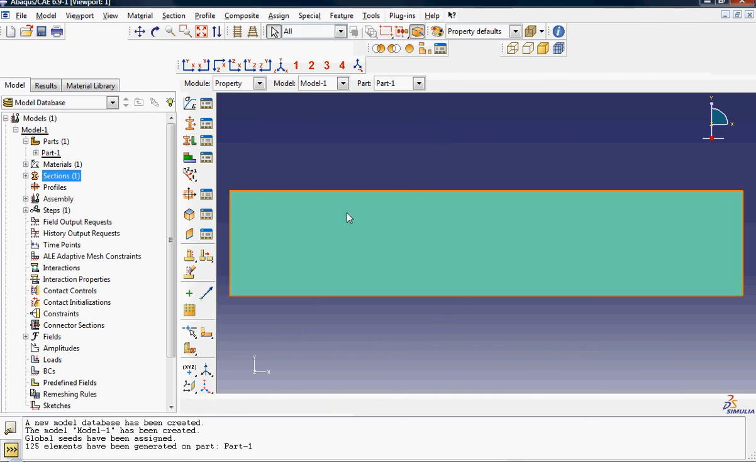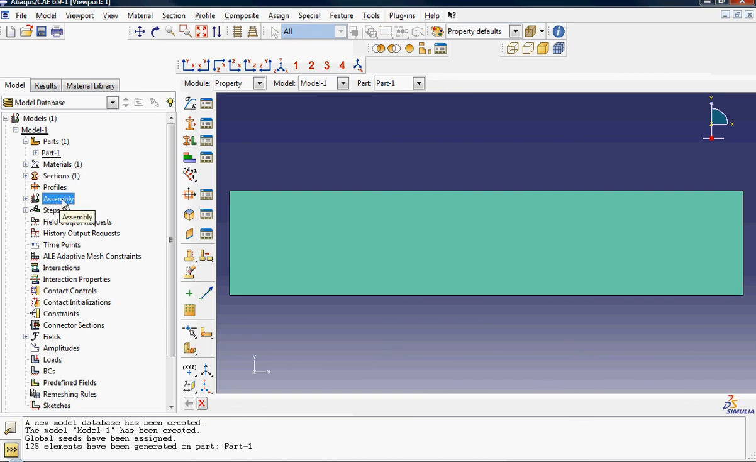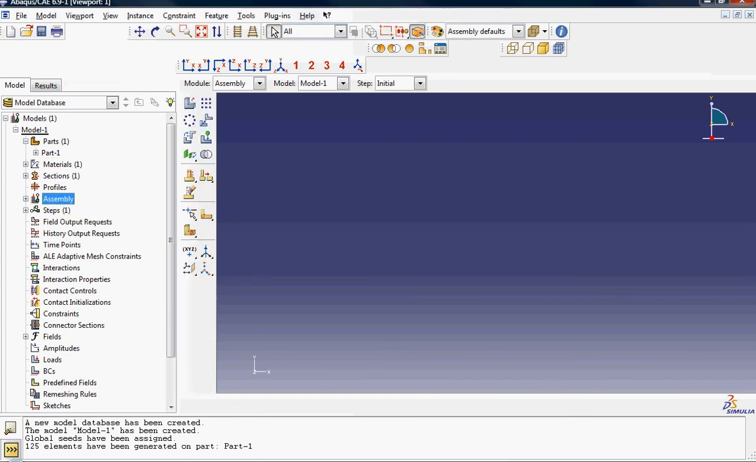Okay. Now if you don't do this, then you create a section and you create a material, but it's not linked to your part. So you really have to, before going on to the next step, you need to link the section to the part. Afterwards, the assembly module. In the assembly module,